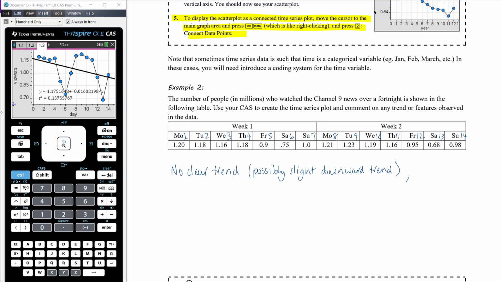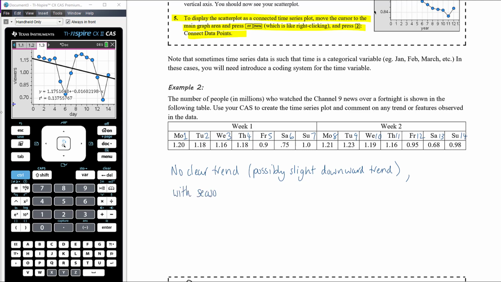So I would say that we're seeing a pretty clear seasonal trend there, seasonal fluctuations happening every week. Monday to Thursday quite high, drop in viewers on Friday and Saturday, and then coming back up again on Sunday. So we've got no clear trend